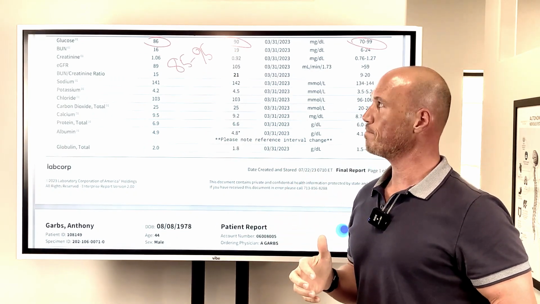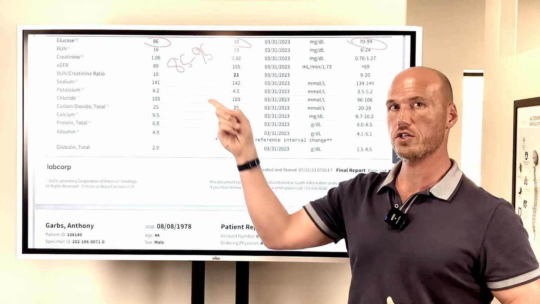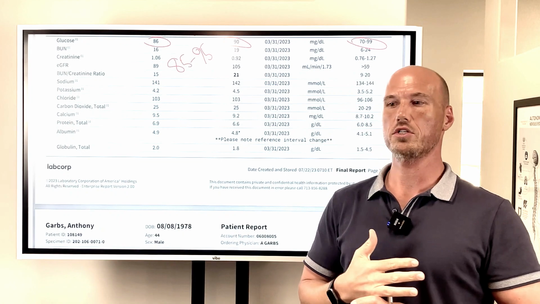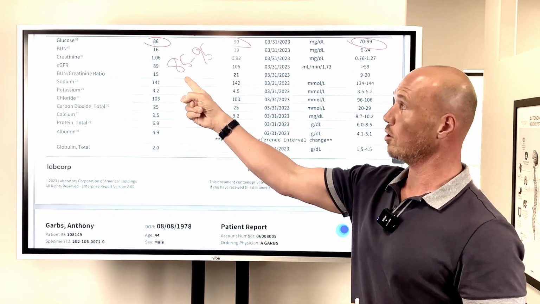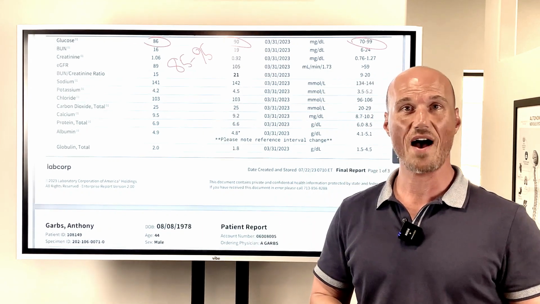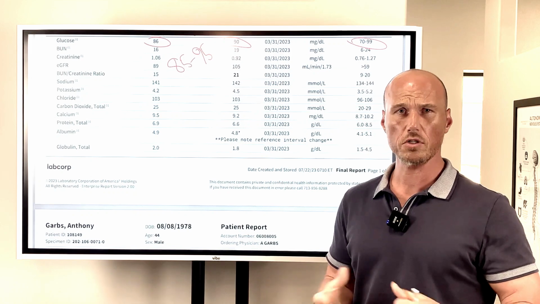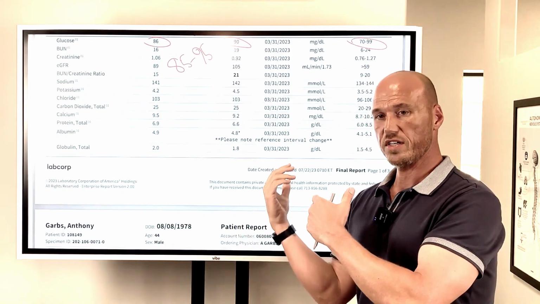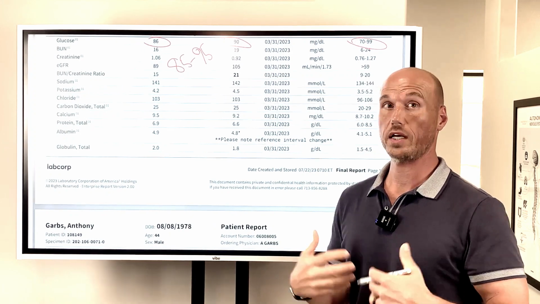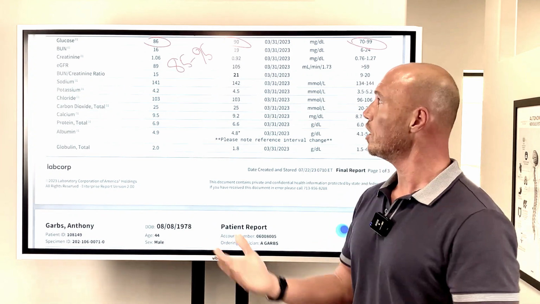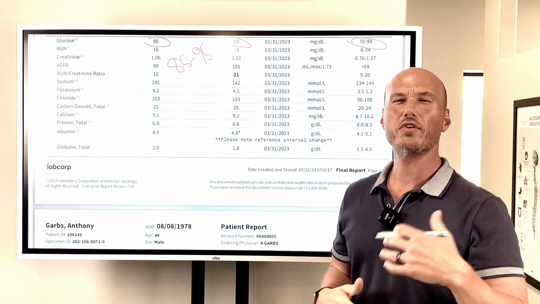Now, for some of you watching, this can change a little bit depending on your diet. This is mainly for the 99% of you watching, but there are a few people who are going to fall outside of this range because they have very strict adherence to, say, a keto diet. If you're in ketosis most of the time, you're usually going to go below 85 because you're using fat for fuel, so you don't need as much glucose on board. A different diet would be a very high protein diet, like a carnivore diet, where you're going to run a little bit higher on the blood sugar, and that's okay as long as all of your other markers